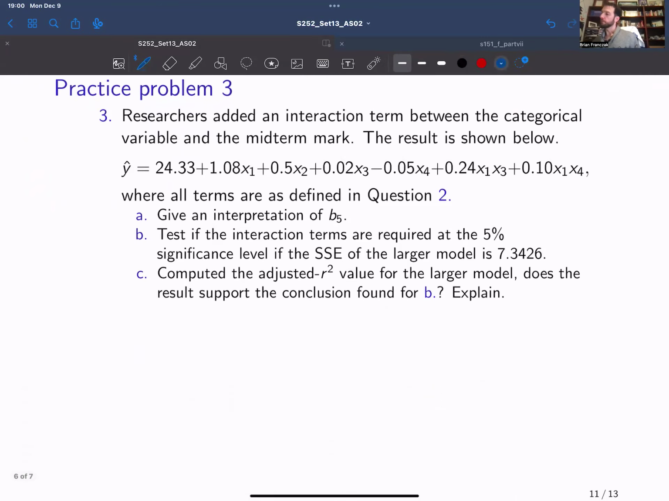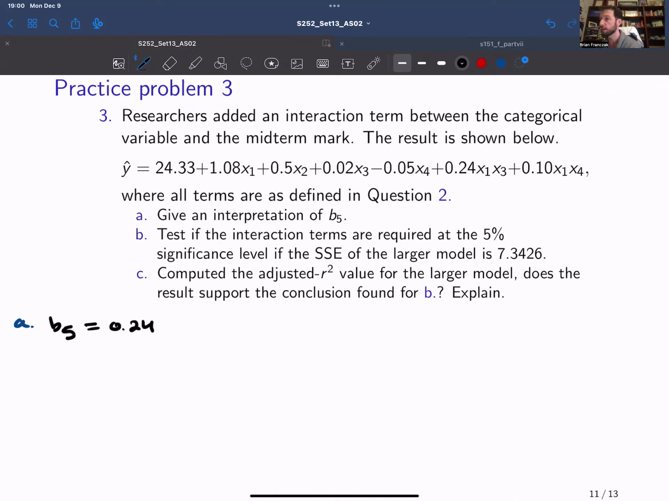Okay, number 3. So number 3, it's the exact same situation. We've added in 2 indicators. So we're mixing the midterm mark with the 2 categorical variables now. So the first thing that we're asked to do is interpret B5. So B5 is 0.24. Okay, so in this situation, when you're mixing or when you interact a categorical variable and a quantitative variable,